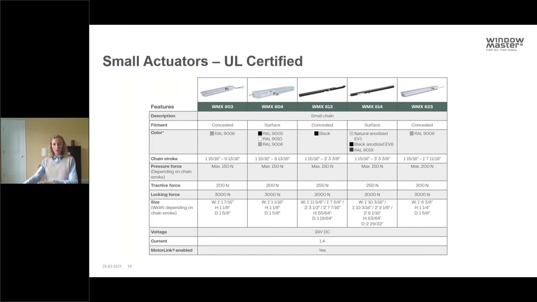And what you might also notice is that there's differences in the pressure force. So if it's an awning window, that means how much this actuator can push. The traction force, how much it can pull in again, and then locking force capability. We've also talked about that these actuators are there to also help close the window and lock it up. Sometimes we need a little bit more, but that is also something that's recommended to finalize during some kind of